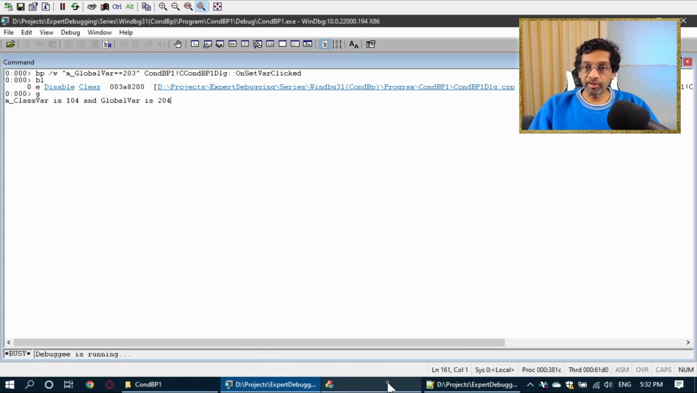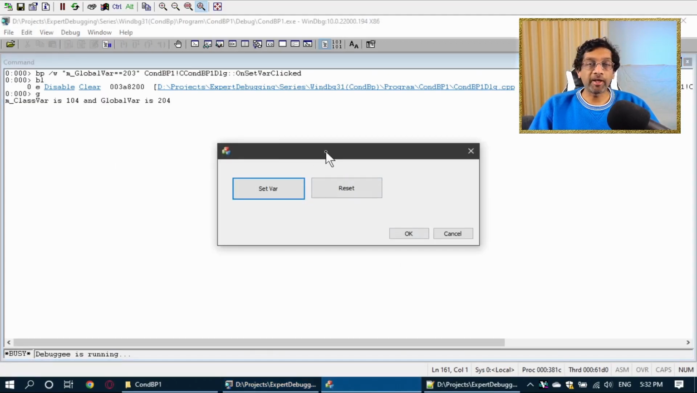The way to trigger this breakpoint is that this program that I wrote, I can clear the count of the global variable, and then whenever I press set var, it's going to increment by 1. So when it hits the value 203, the next time the breakpoint will be triggered. So let's go ahead and do that. If I press it 1 time, 2 times, 3 times, and on the 4th time, it's going to hit